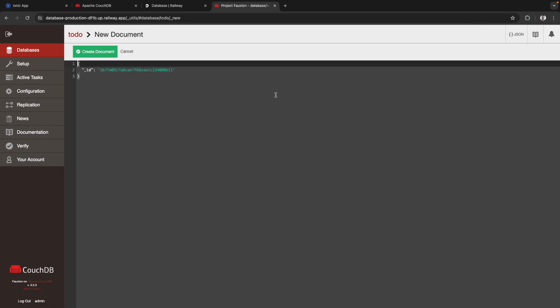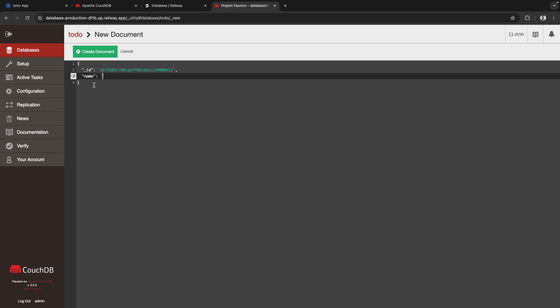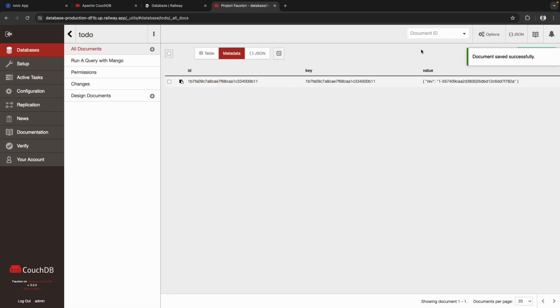So let's create some document. The ID is already filled, and the name can be, for example, test1. So let's create this document, test1, and if I go back now,